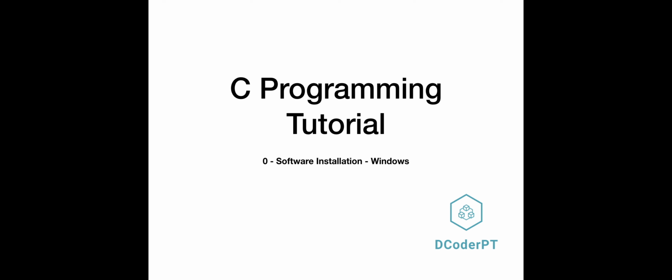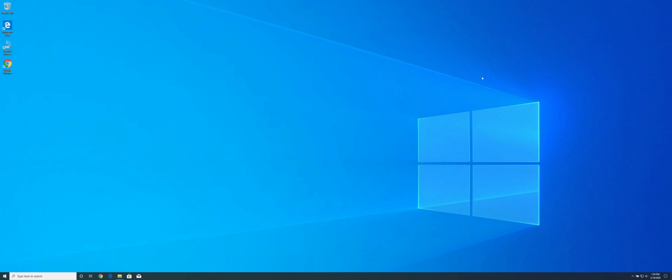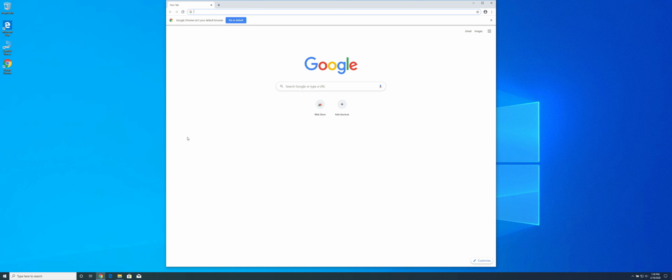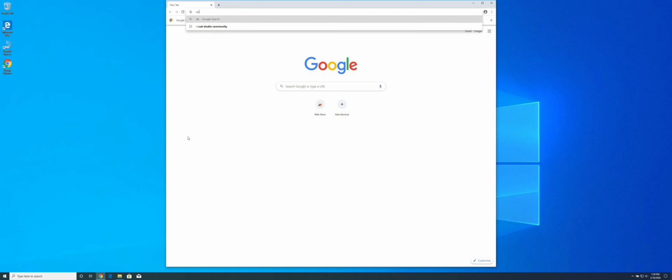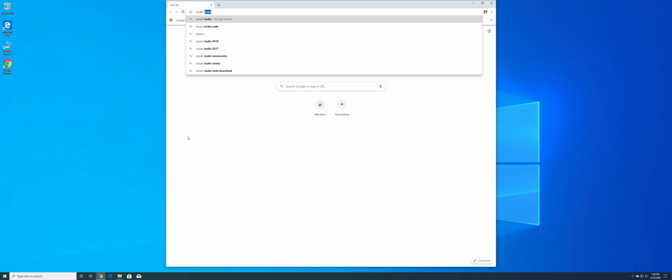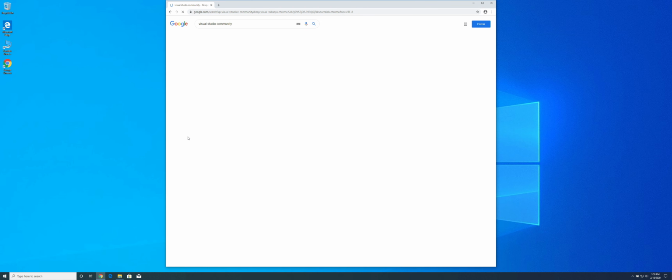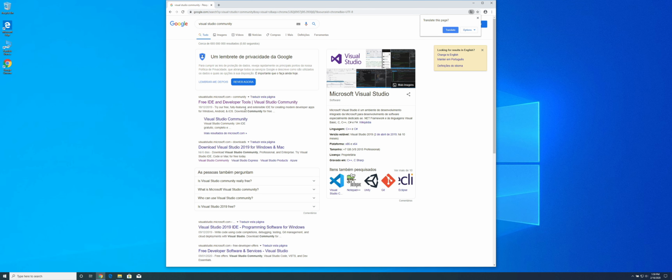Today we will cover how to install the software we require for our lessons on Windows. So here we are on the Windows environment. The first thing that we need to do is to open a browser. In my case, I'm going to use Chrome, and we will search for Visual Studio Community. And it's usually the first result that you'll see. So, free IDE and developer tools. If you click on that,